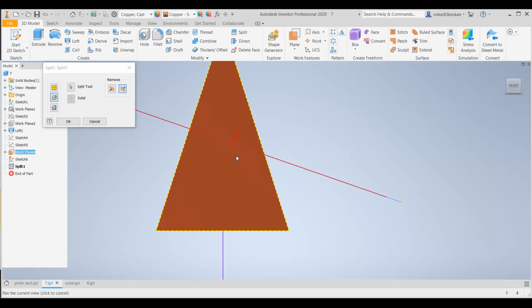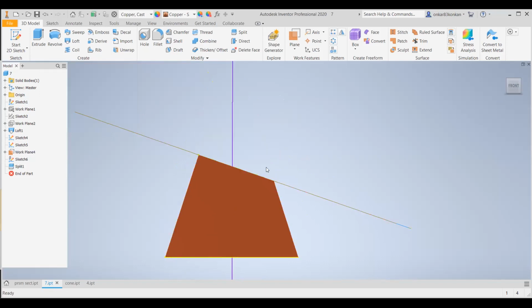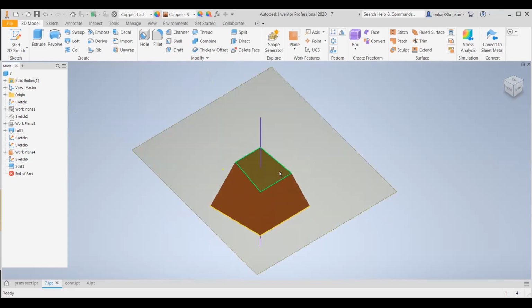Okay. So you know what is the meaning of trapezium. For a polygon, that is a quadrilateral. Okay. If two sides are parallel to each other, then that will be a trapezium. So if I remove this portion, which is nearer to the observer from the top direction, then the geometry obtained is the trapezium. So this is the front view of this section. And this is the true shape for that section.